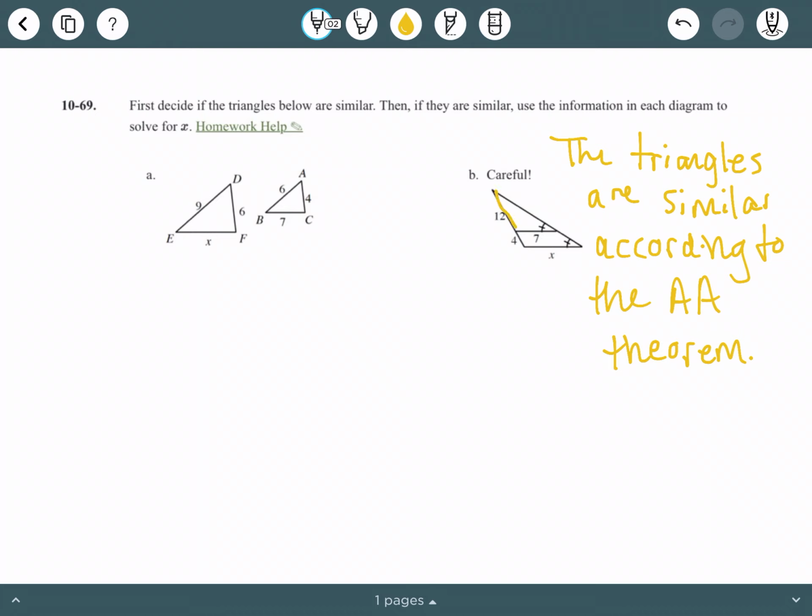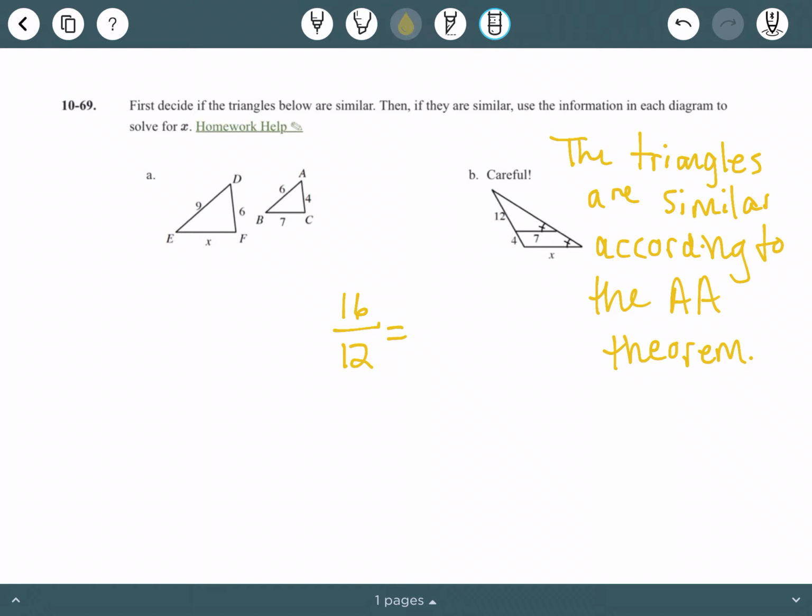This part is 12, this part is 4. So the entire length of that side for the larger is going to be 16. So we're going to do 16 over the length of that corresponding side of the smaller, which is this, which is 12. So it's going to be 16 over 12, and we'll set that equal to,